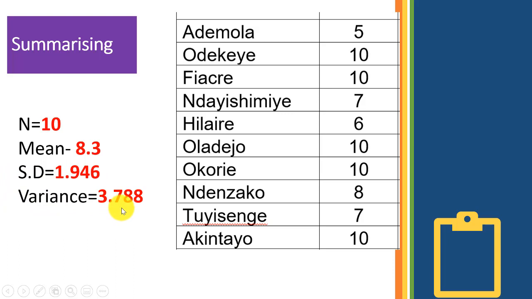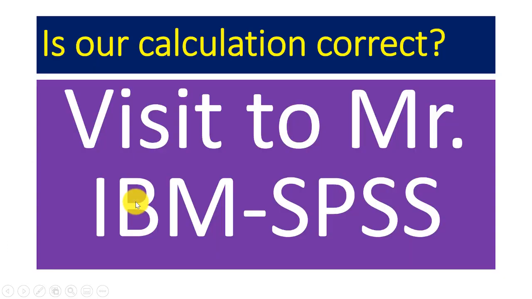This is 3.788. You can see I'm putting this as 3 decimal places, but that's not on. It has to be just 1.94 or 1.95 or 3.79. But you'll see what I mean in a minute, because we now want to find out whether our calculations are correct. How do we know? We have to pay a visit to Mr. IBM